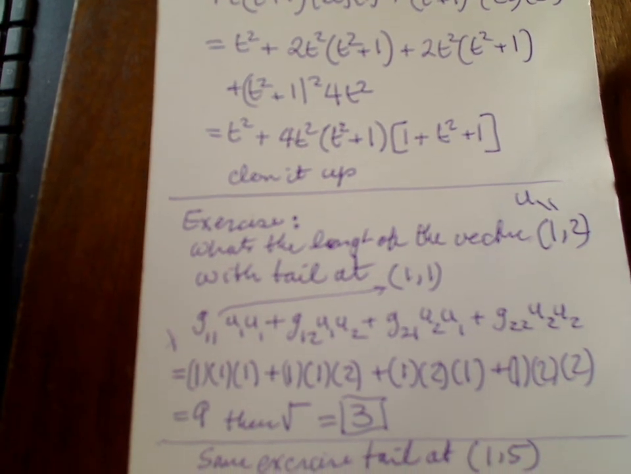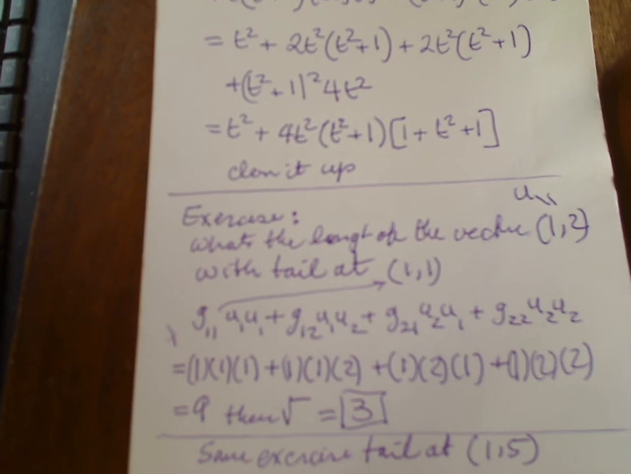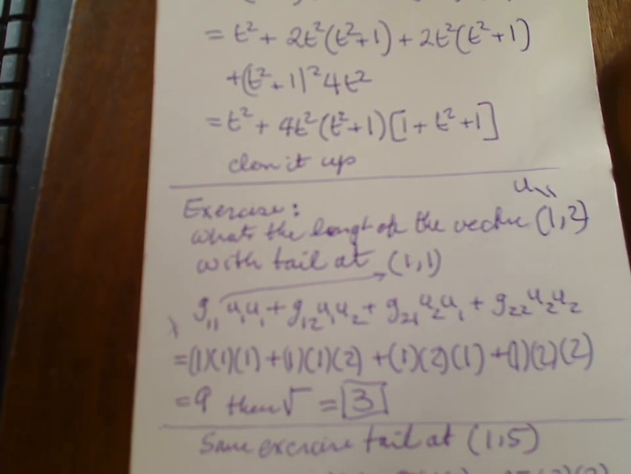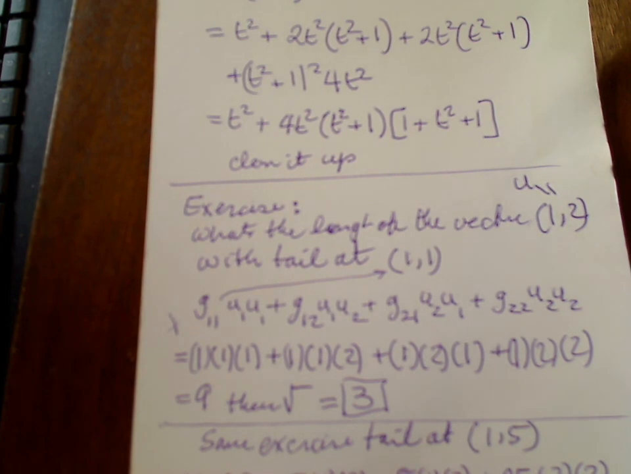Let's say I want the same vector, that vector 1 comma 2, but now I want its length not at the base point 1 comma 1, but at the base point 1 comma 5. So what do we do? Again, we're going to use G11 at 1 comma 5, G12 at 1 comma 5, G21, G22 all at 1 comma 5, and then we're going to apply the formula for the length of the vector,